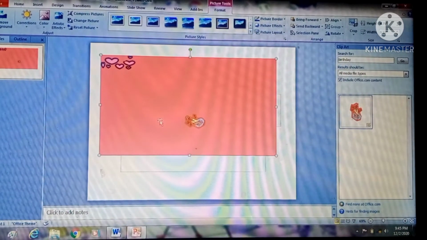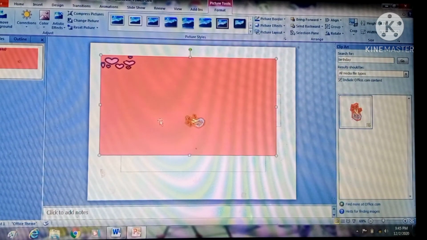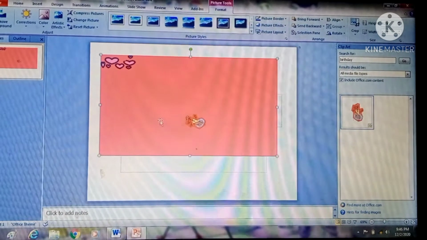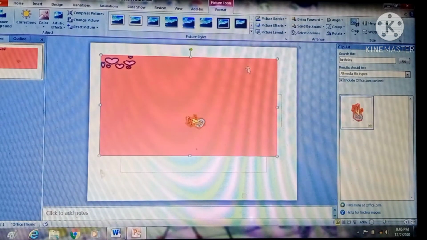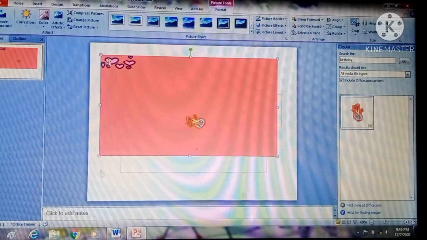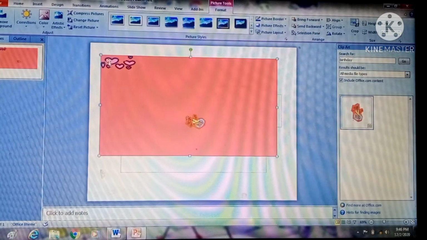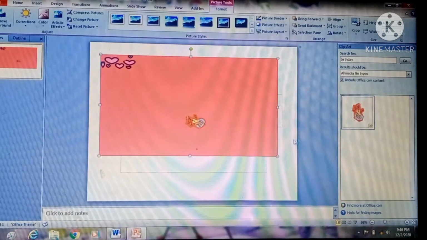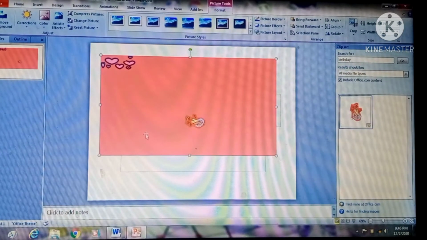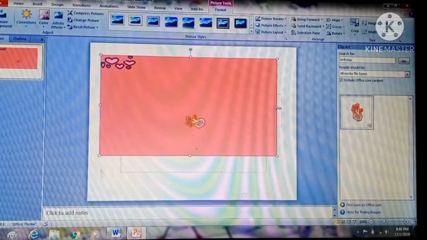Next is how we can resize an image. Resizing means you can stretch and shrink the dimension of an object. Like this. This is a picture and you can see there are handles, at every corner of the image and at the middle of the image. By using these handles, by decreasing it inward and increasing it outward, we can change the size of an image like this.